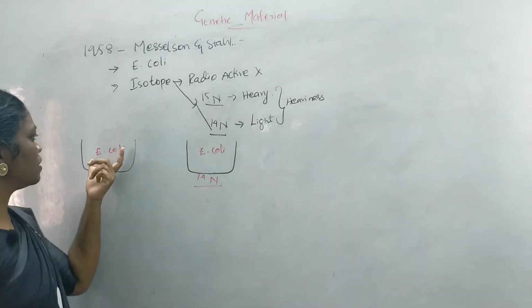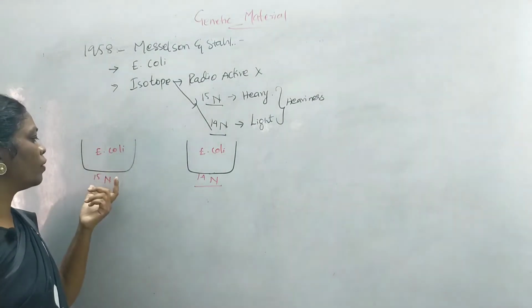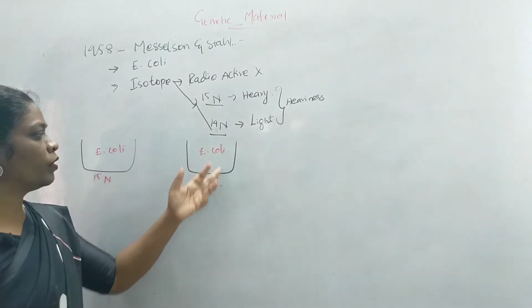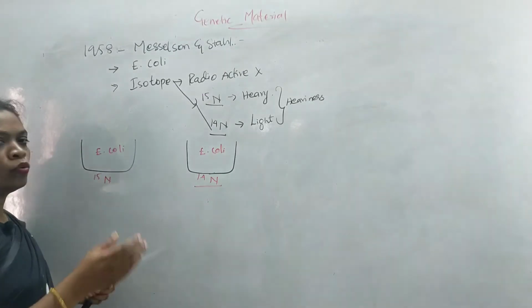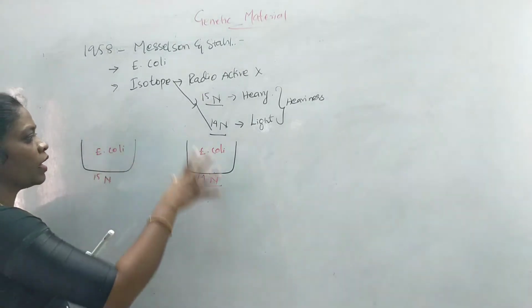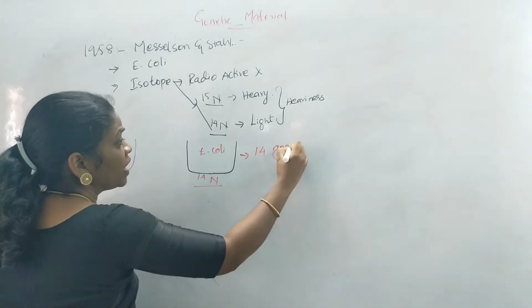So they made a culture where the E. coli of one group will grow in N15 medium, the other group will grow in the N14 medium. So what they have done, they just made them grow. This culture happened for nearly 14 generations. So they made this